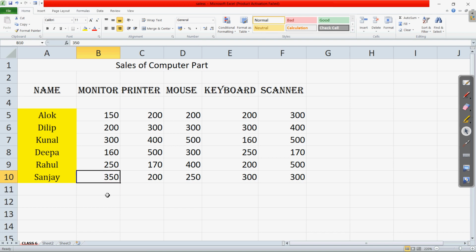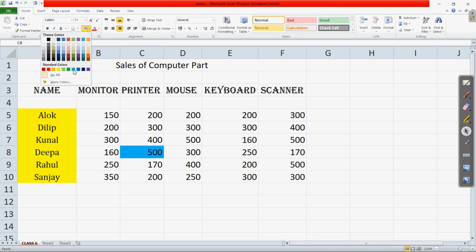Not only this, we can choose any single particular cell. If you want to change the color of this, select this, click on fill color. Already there is one yellow color applied, so the same color will be applied. If you want a different color, you can choose a different color. So this is how color can be filled in any of these cells.